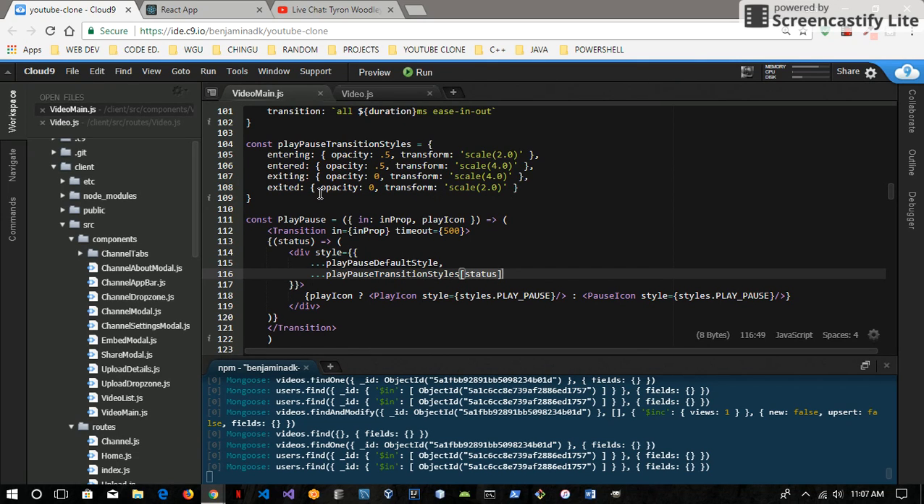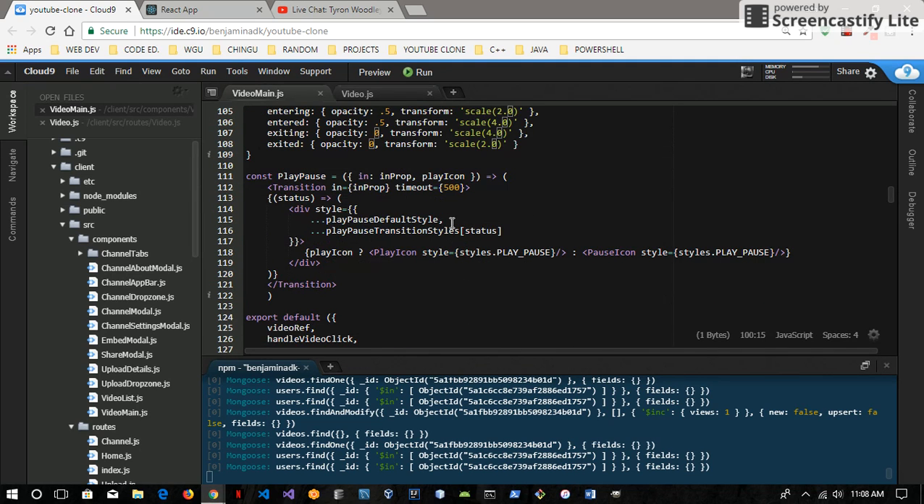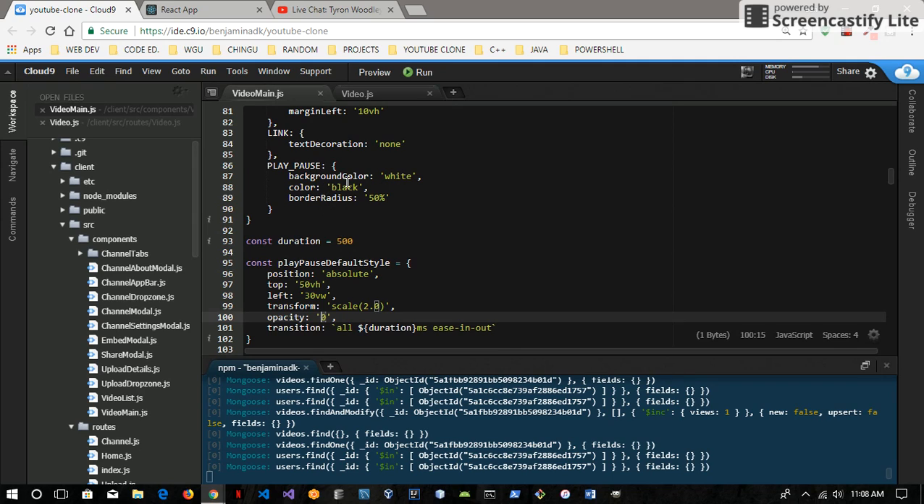And you can also throw in a default style for the div, which is where I position it absolutely to make it appear to be over top of the video. And I give it a base opacity of 0 so you can't see it until the click happens. And you give it a transition. And right now I just did half a second. And I also put style on the icon itself. I just gave it a background color of white and a regular color of black and a border radius of 50. It kind of creates this,